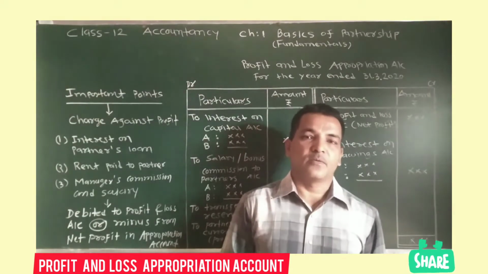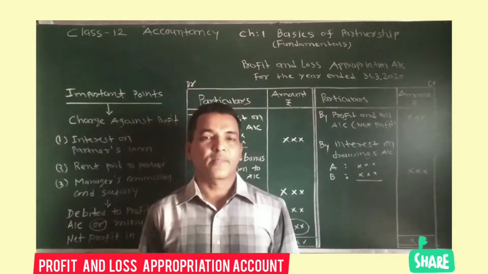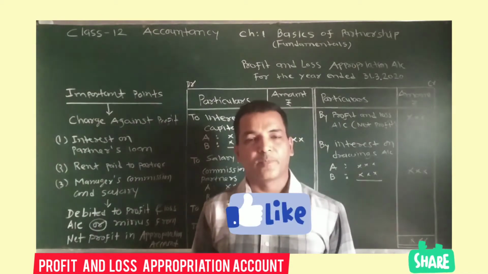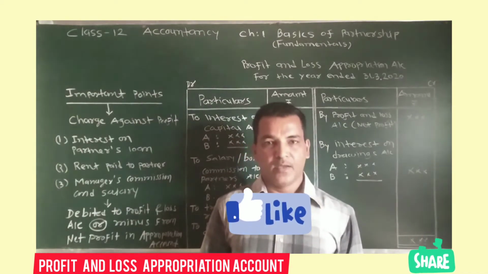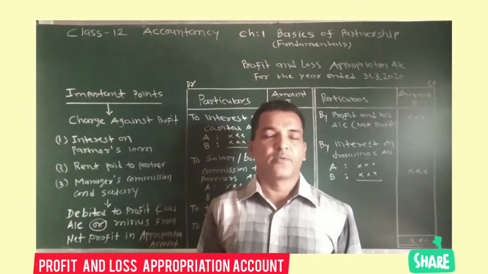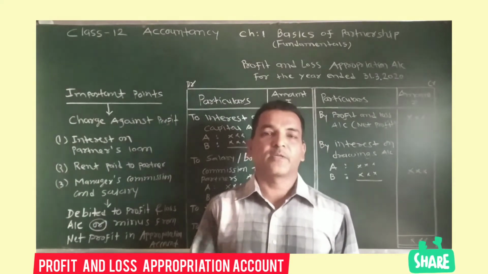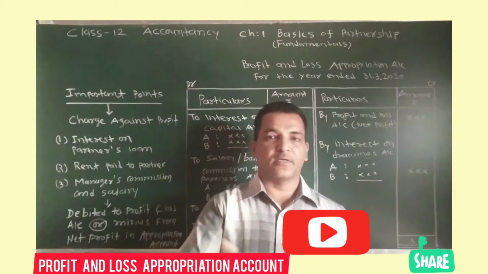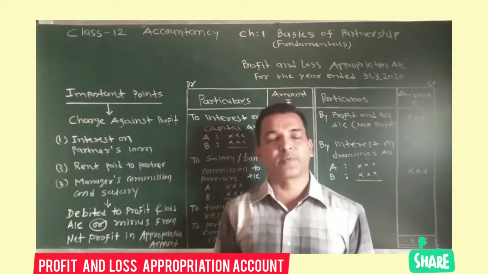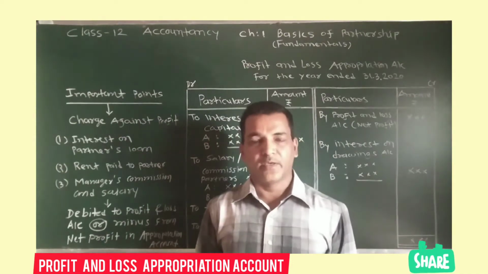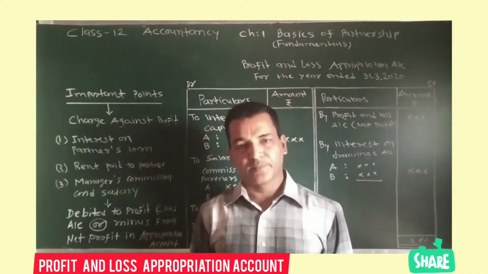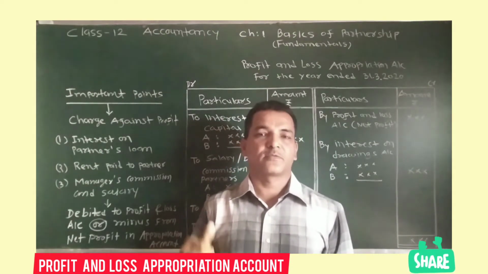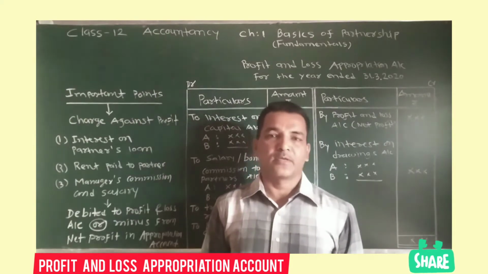Here I would like to say one more thing. Profit and loss appropriation account is just an extension of the profit and loss account. This account is prepared to distribute profit among the partners. So it is nothing new, it is just an extension of the profit and loss account which you were preparing in 11th commerce in case of proprietorship concern. But this year you are learning the partnership accounts, and that's why you have to learn this one more account. So let us see.